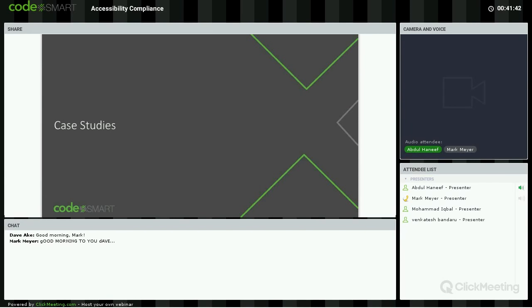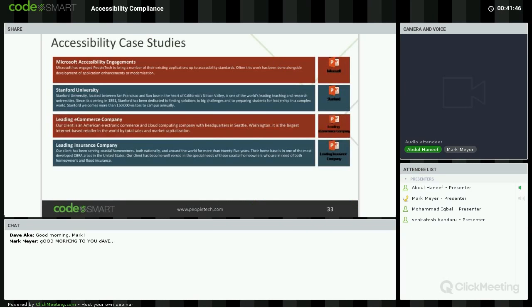So some of the case studies which we executed over the couple of years. Our best clients, we executed a lot of projects in Microsoft, Stanford University, and there are some e-commerce websites and life insurance companies. In the Microsoft, as